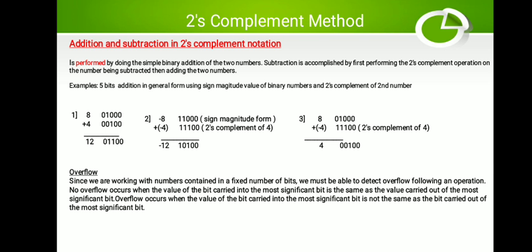So what we have to do, again take the 2's complement of 1 0 1 0 0. So what will be the 2's complement? For 2's complement, first we have to find the 1's complement. What will be the 1's complement of 1 1 0 1 0 0? It will be 0 1 0 1 1. Add 1 to the LSB, 1 plus 1 is 0. Then again carry goes to the next bit, 1 plus 1 is 0. So we are getting the number as 1 0 1 1 0 0. That is binary 12. So this is how you find it by the 2's complement method.